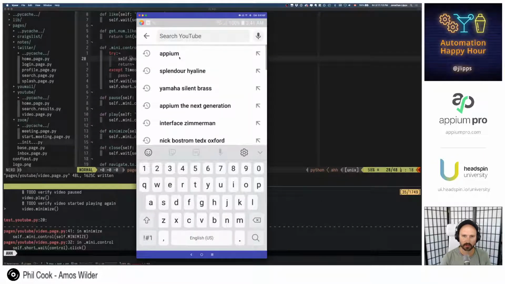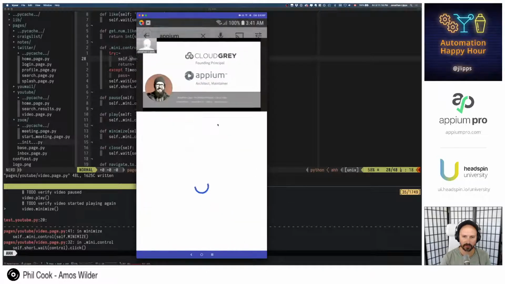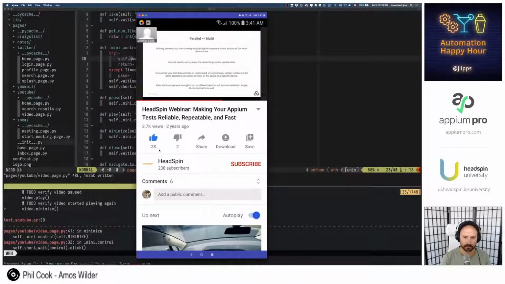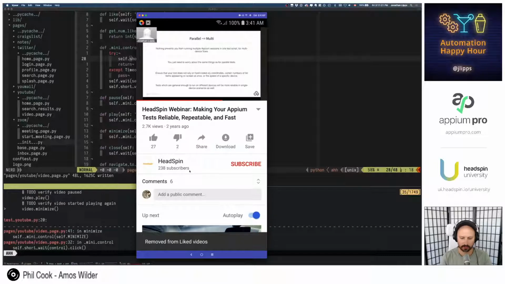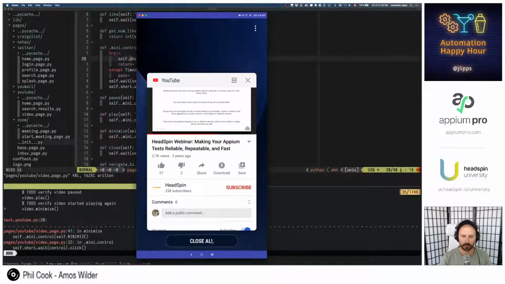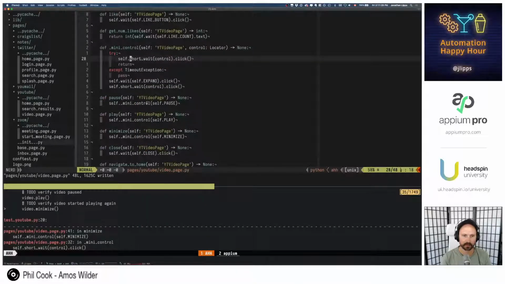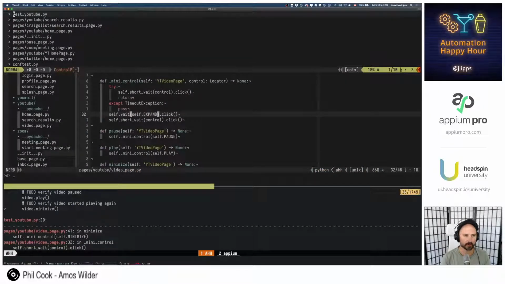Hate having to clean out all this state, but I am getting pretty fast at it. So, just explaining again what I was doing. If we find the control the first time around, we then don't want to wait for the expand button and click it. So this is why we had 2 extra clicks. So I'm gonna pause and play. And actually these are gonna come with their own verifications now, so we don't need to really assert anything because just finding the elements themselves is going to be enough.